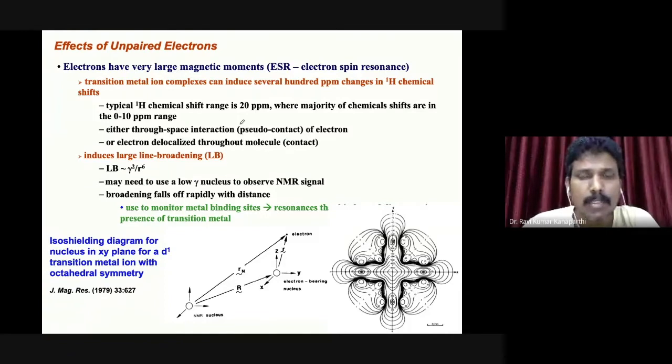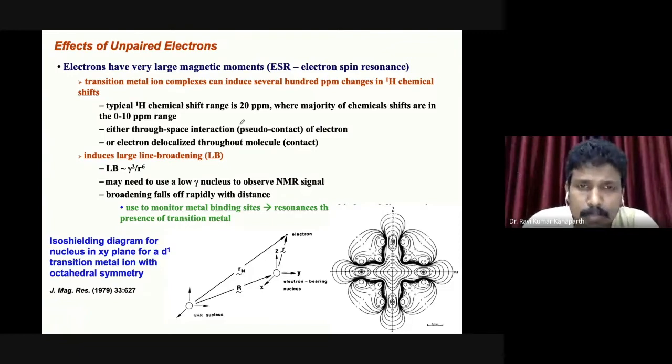But in the routine experiment, when you are dealing with proton NMR, if you have a paramagnetic compound, it's not that it is not interacting, it is affecting. The chemical shift values are affected when you have an unpaired electron. But we don't see it, because it is something like just imagine that you are watching something through a window. Through a window you can see a limited region, but something which is happening outside the window, you can't really make out. Am I right? If you are watching through a window or a door, you can find what is happening in that particular region, but outside the window, what exactly is happening, we really don't know.